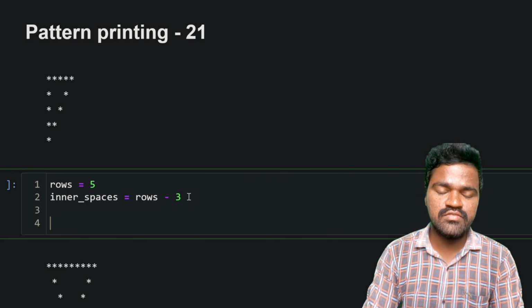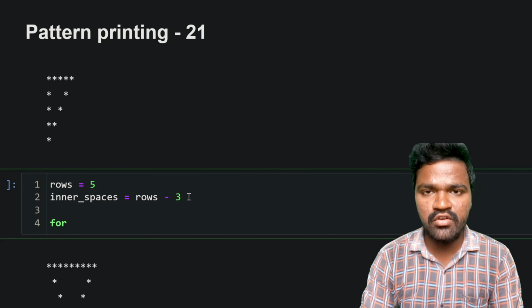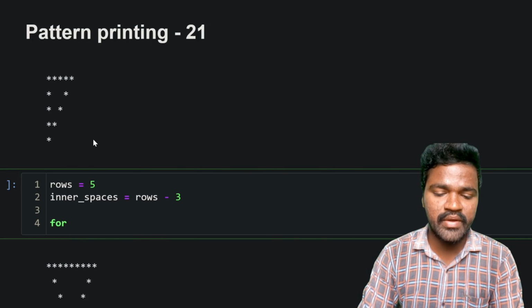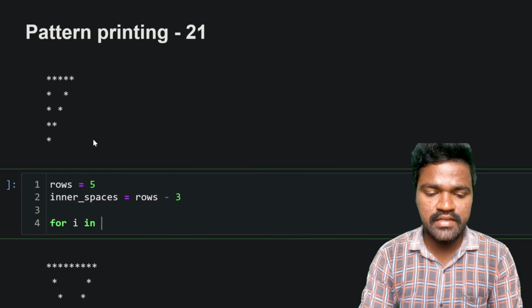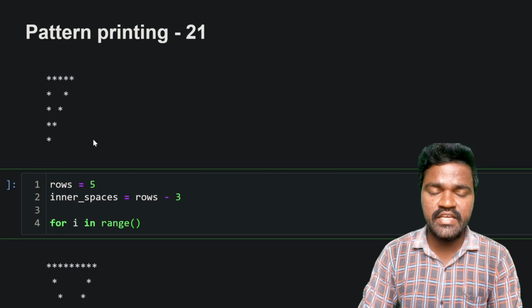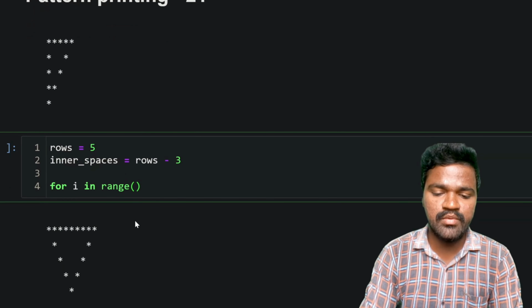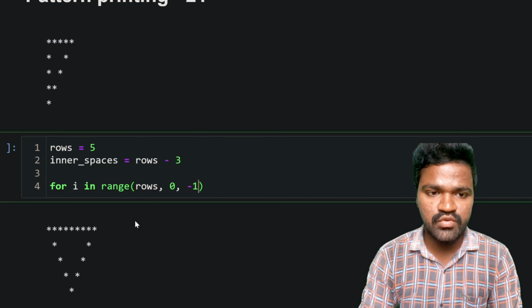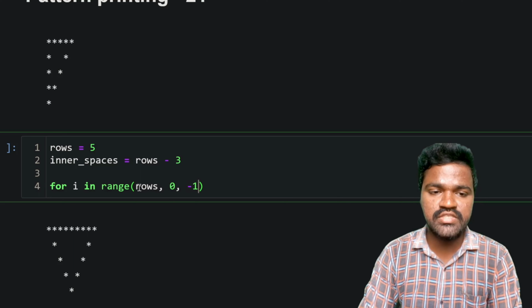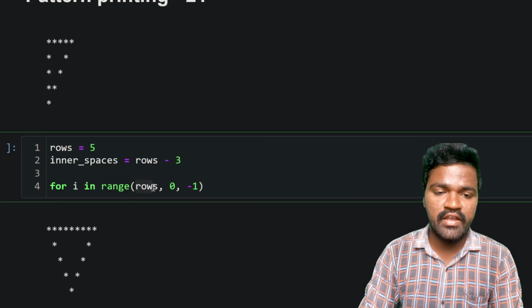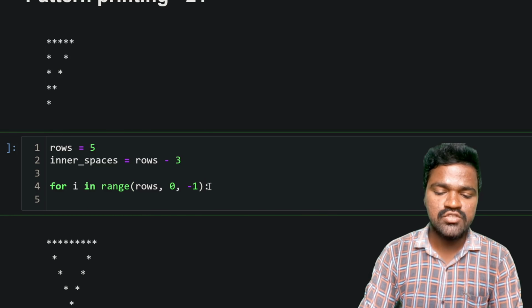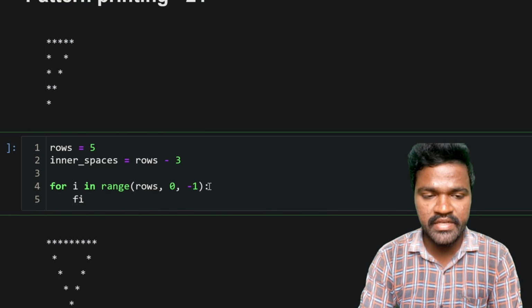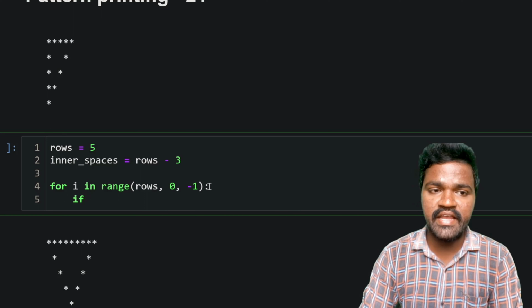So later what we will be doing is that I will use a for loop to iterate to print this particular pattern where i in range, I am using range function to generate a range of values. So in this range function, what I will be mentioning is that rows to 0 minus 1. On each iteration, I wanted to generate a range of values from 5 till 1 with decrementing with 1 on each iteration. So in this for loop, what I will be mentioning is that I will mention a conditional statement,